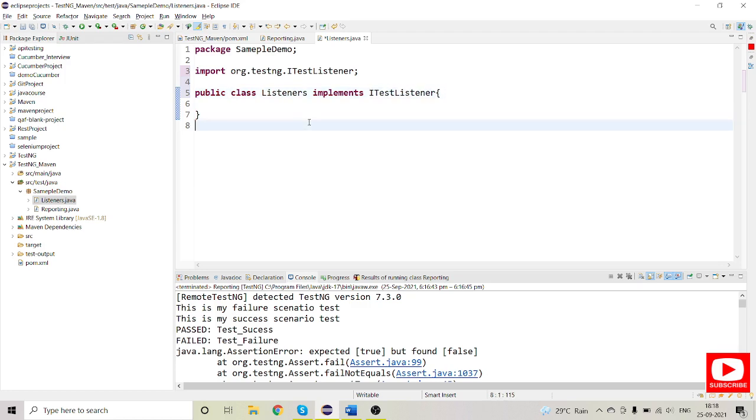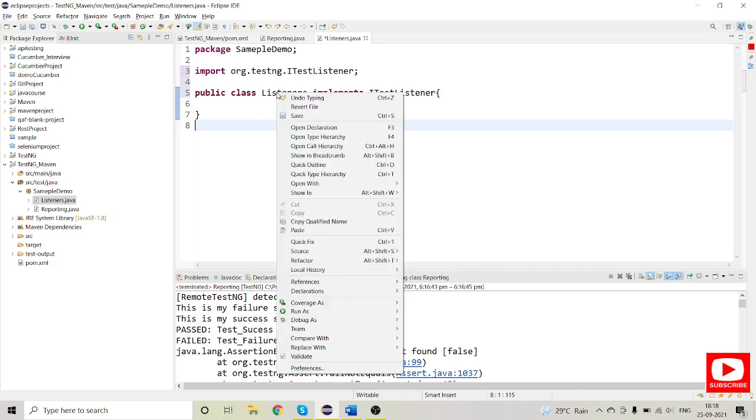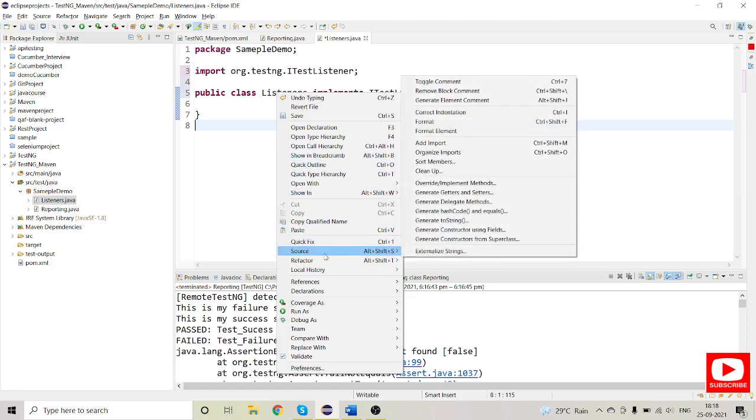Right. So now in some Eclipse versions, when you mouse over the class name, it will provide you the unimplemented methods too, but now we are not seeing those unimplemented methods, right? So for that, just go to this class and right-click here, and then you will have a Source option. Let me quickly see where is my source. Yeah, here is the Source button. Once you go into this Source, you will have Override/Implement Methods.